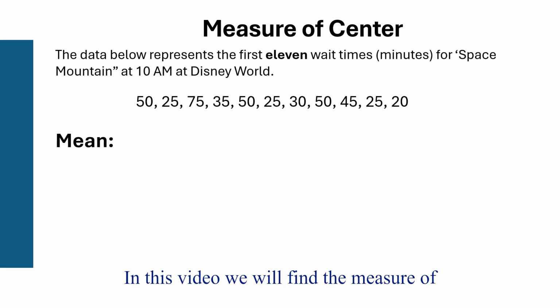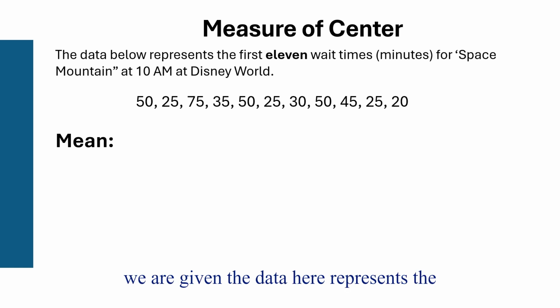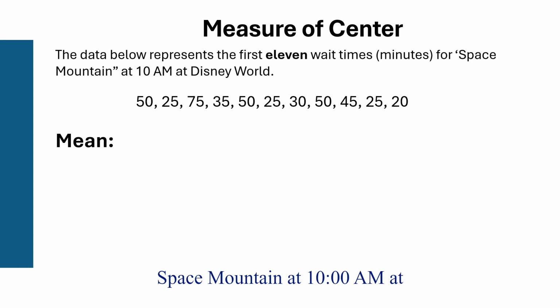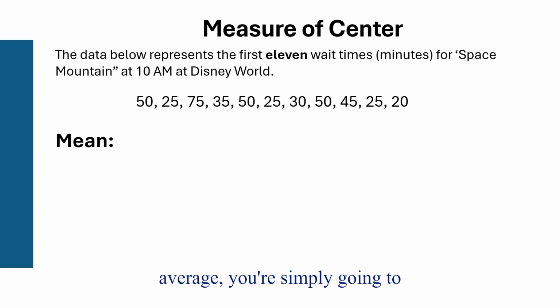In this video, we will find the measure of center, which includes the mean, median, mode, and mid-range in a set of given data. So we are given the data here represents the first 11 wait times in minutes for Space Mountain at 10 a.m. at Disney World. So to find the mean, which most people think of as the average, you're simply going to